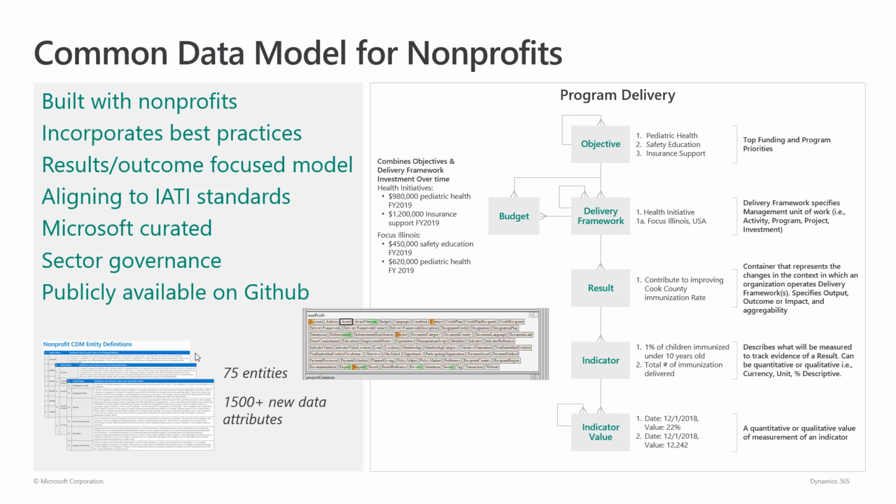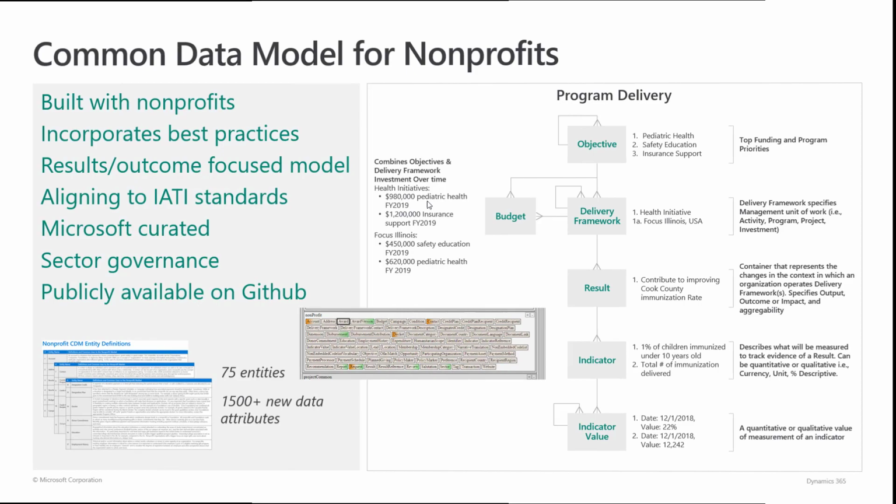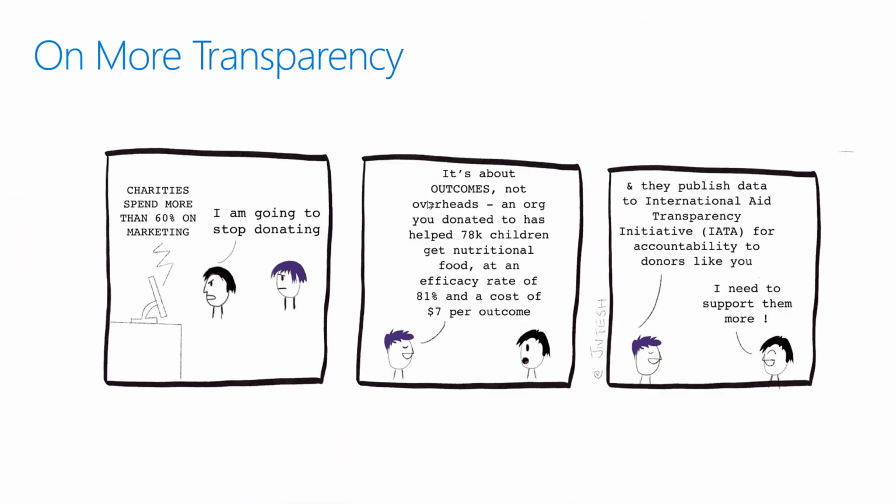So I showed you the demo already. I just want to show you the cartoon that I promised. As I talk to a lot of my friends around nonprofits, you'll see that people are always talking about the cost per dollar, which is a wrong conversation to have. What I was trying to explain to one of my friends recently is that it's about impact and the outcomes that nonprofits are able to serve. And now, with something like IATI, you're also able to provide more transparency, something most donors are now demanding.